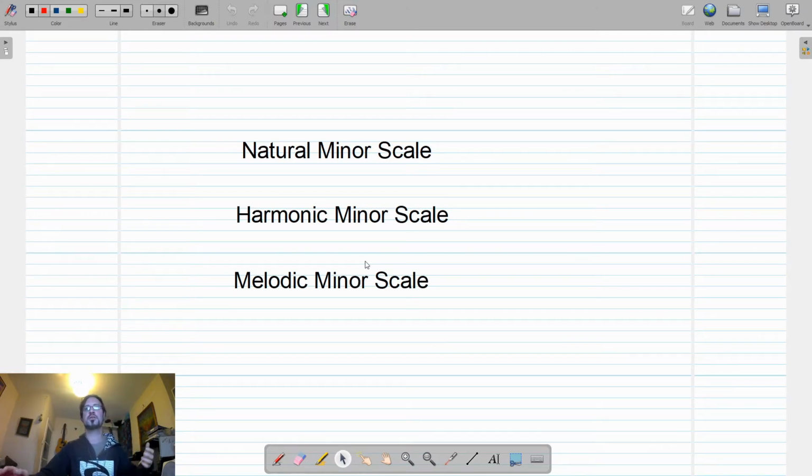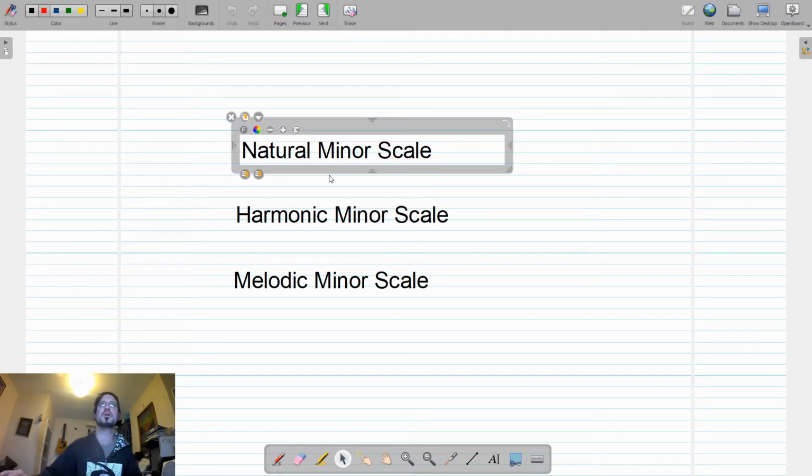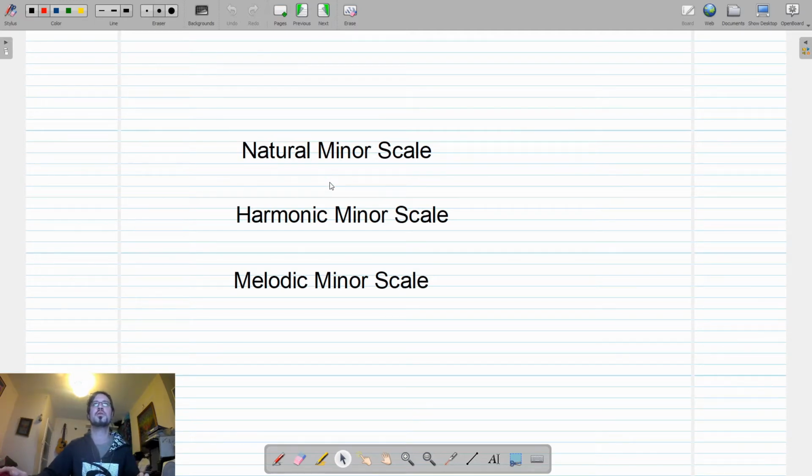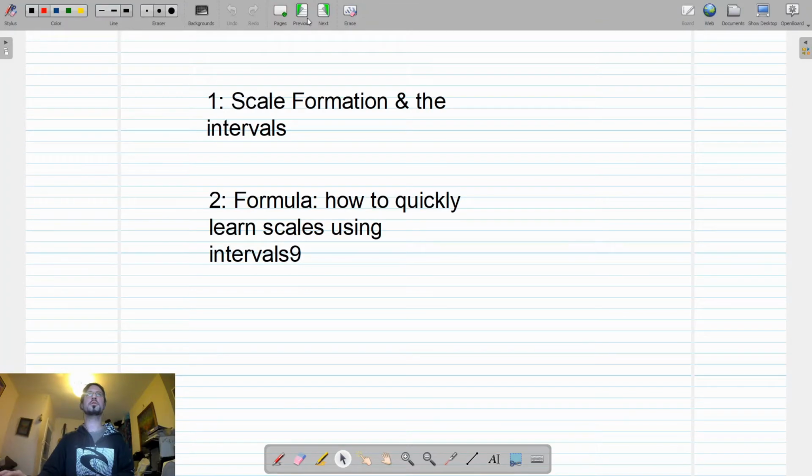Now the major scale could be considered as important or a replacement for the natural minor scale, but because they're all minor and all have just 1-note variations, I thought it was particularly relevant that we choose natural minor over harmonic minor, over the major scale. So we need to look at scale formation, and to figure out how to form scales we need to learn the intervals on our bass. Then the next section will look at how to use these formulas to learn the scales quickly